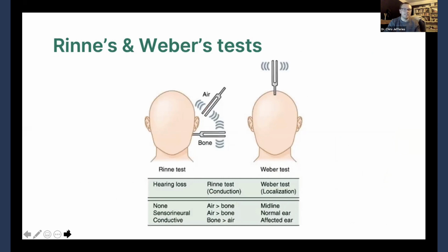Rinne's and Weber's tests use the tuning fork, which I was talking about earlier, as part of your equipment for the cranial nerve exam. And Rinne's and Weber's tests work on the basis that air conduction is better than bone conduction. So that's the first thing that you need to get right in your head, that air conduction is usually better than bone conduction. And when you're thinking about hearing loss,